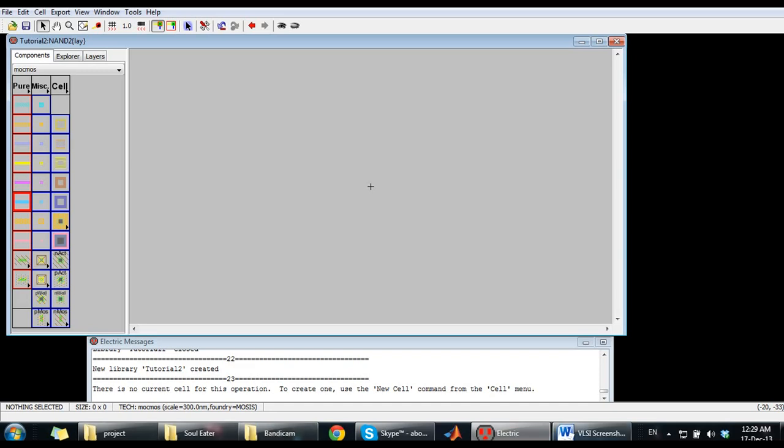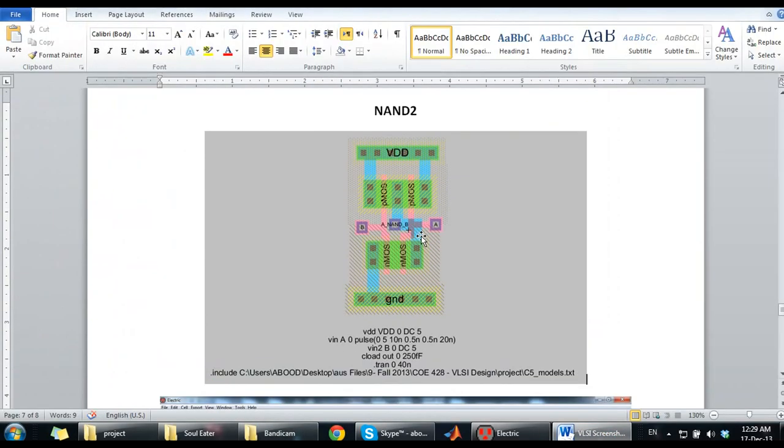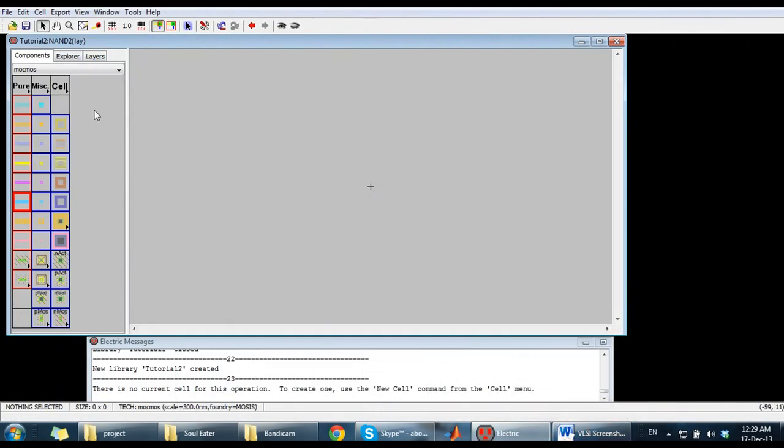So to start with, this is the design for a NAND 2. A NAND 2 is basically 2 PMOS transistors connected in parallel and 2 NMOS transistors connected in series. We're gonna connect them to a VDD rail and a ground rail. We're gonna have also contact A, contact B, and the output, which is A NAND B. This code is for later. Okay, so to start with,